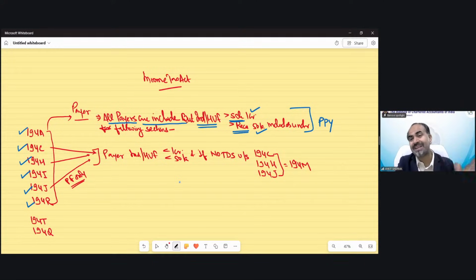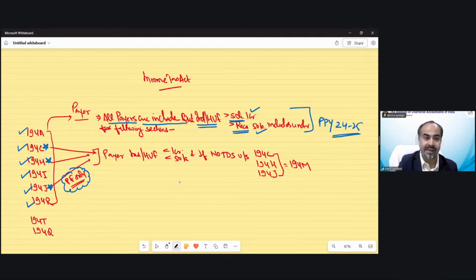We are talking about the preceding previous year. That means 24, 25. Clear? Now, out of these 6 sections, the 3 sections, section 194C, section 194H, and section 194J, and out of section 194J, only professional fees content has been included. There are professional fees, technical fees, royalty, non-compete fees, etc. All have been included. But only professional fees if the payer is an individual HUF.